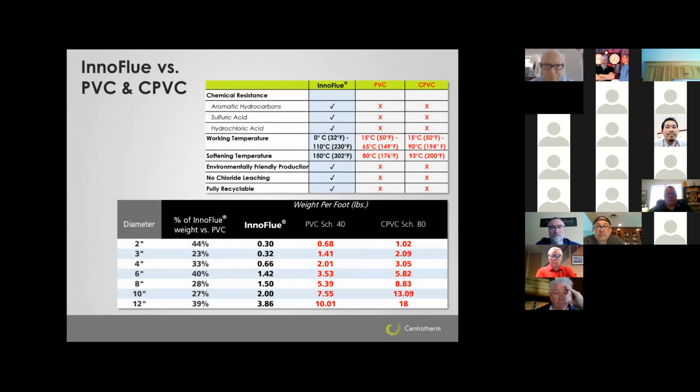Not even going to talk about PVC. It's really not an issue. The only thing I want to highlight here is weight. If I was to look at, just for a quick example, because it's substantially lighter, the material, the polypropylene, than CPVC. So if I was to look at a 10-inch diameter pipe, what they're showing over here is the weight is listed in